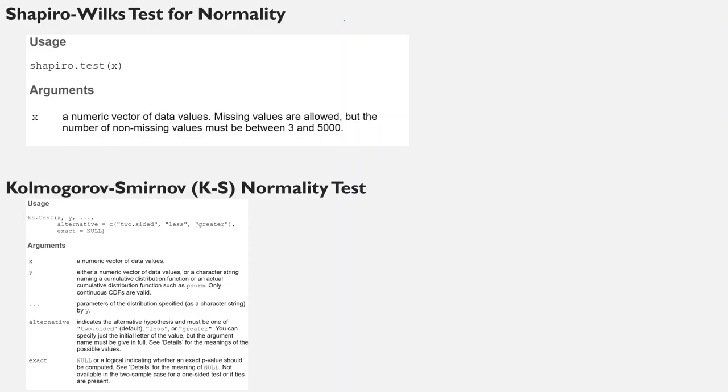And the Kolmogorov-Smirnov normality test, the KS test, tells you the same thing, right? However, here's the big thing. Here is the big thing. With these kind of tests,